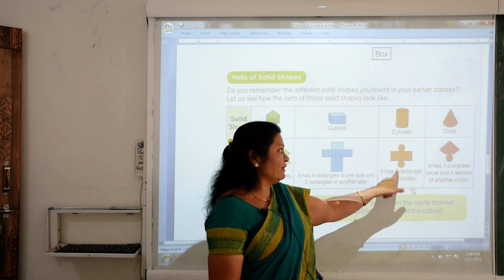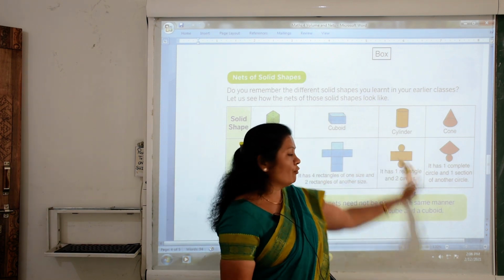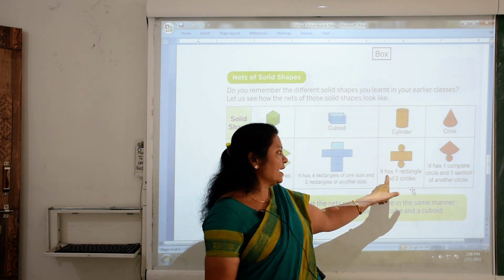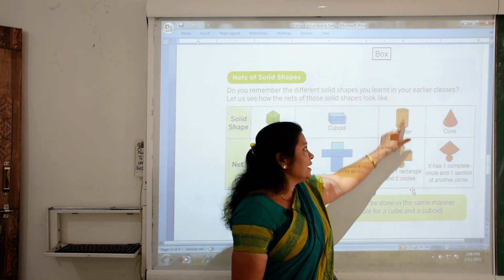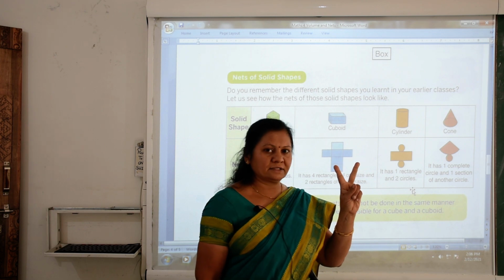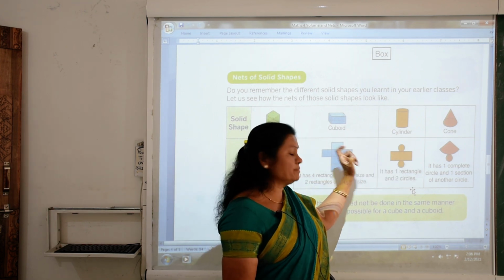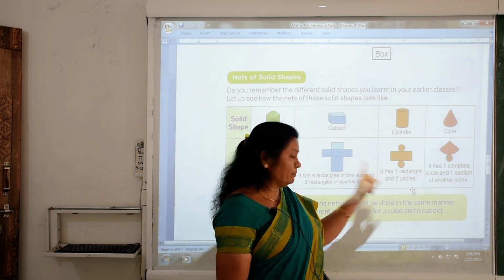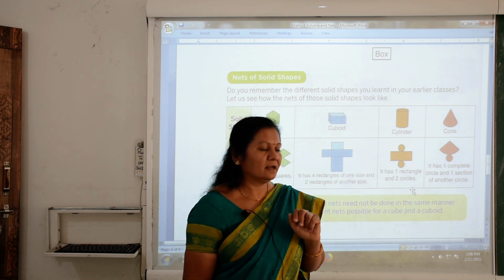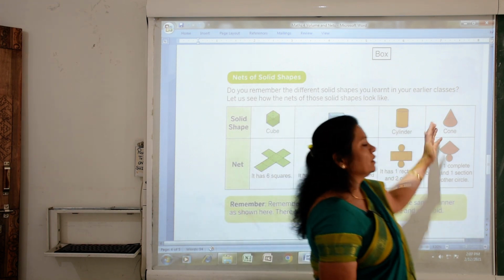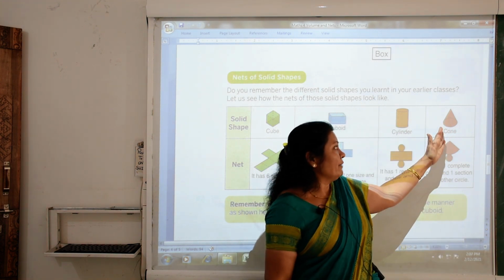here it has 1 rectangle, one top part and one bottom part, and when you fold it, the folded part will be a rectangle. These show a rectangle, and the upside and downside show 2 circles. Okay, so when you open this cylinder shaped object, one part shows a rectangle and the other 2 parts show 2 circles. Okay, now the cone, like the cap you wear on a birthday. So when